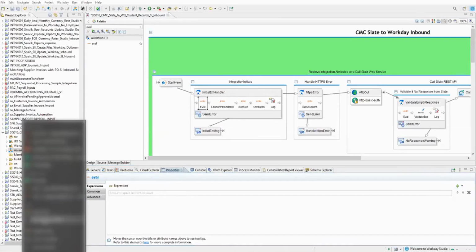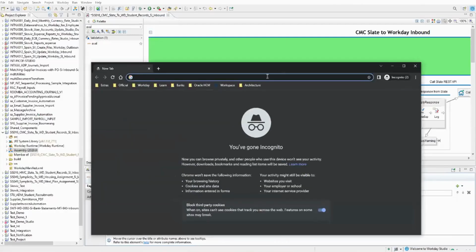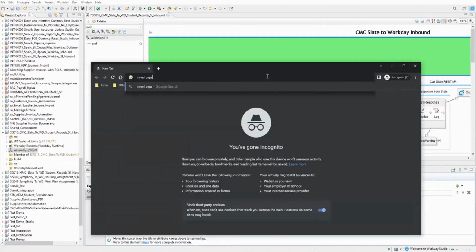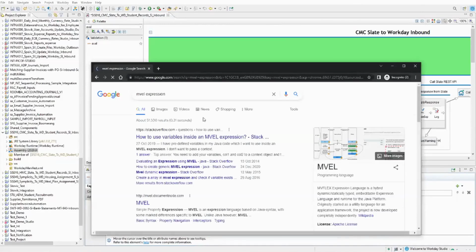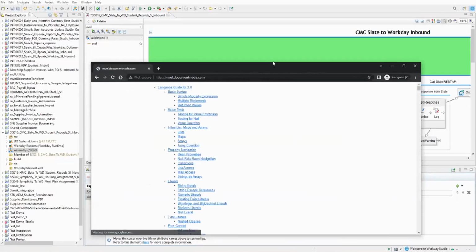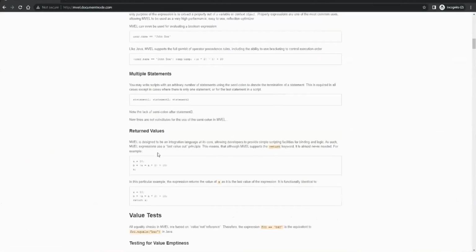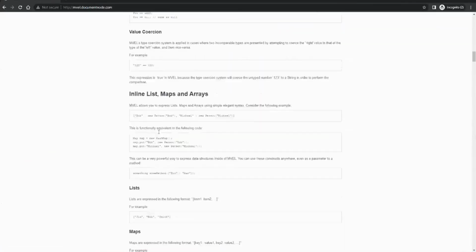And what are those one-liner codes? They are nothing but ML expressions, which are also open source. These are the basic syntaxes and all that stuff.